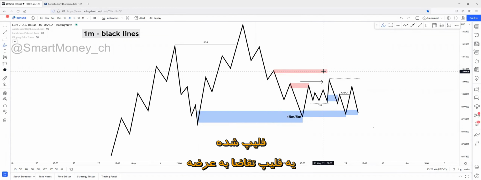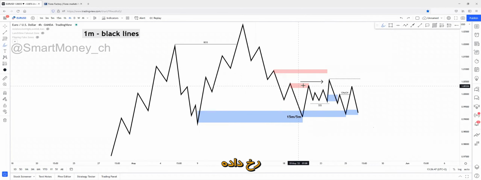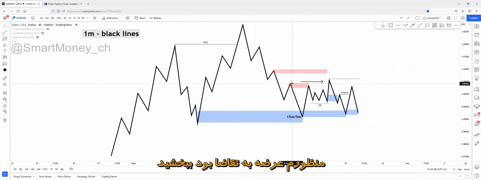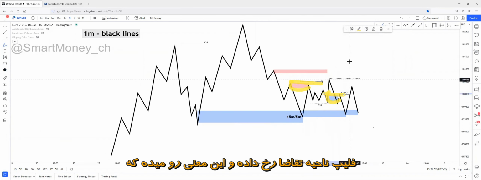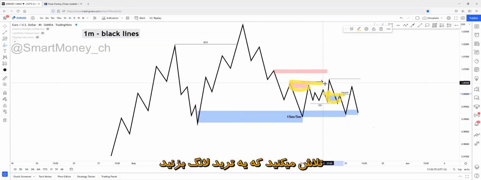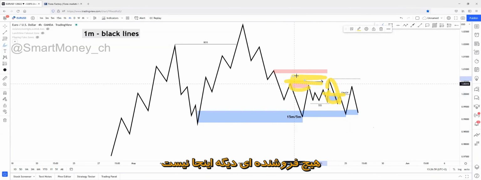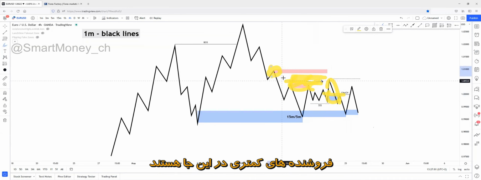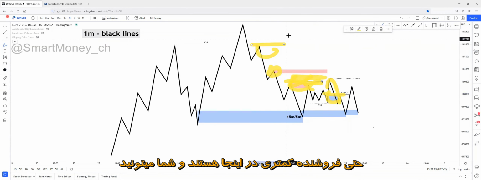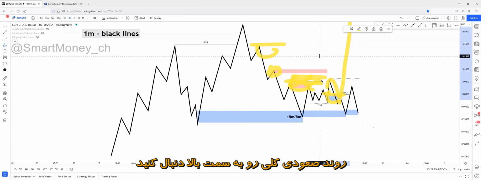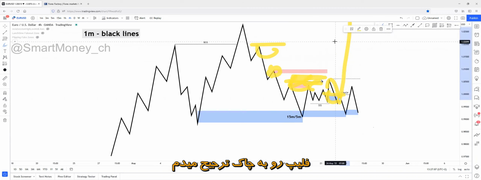Because if a flip happens and the demand to supply flip happens, I mean supply to demand flip happens, that means if you're trying to execute a long trade, you're on the right side of the market. Sellers have been swept out from this region. No sellers right here, less sellers will be right here, even less sellers will be right here, and you'll be able to continue the overall bullish movement to the upside. That's why I prefer flips over change of characters, but both of the entry types are good.